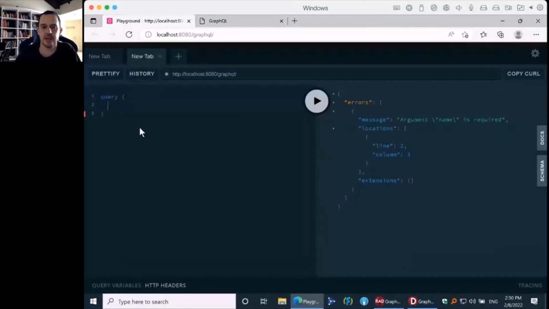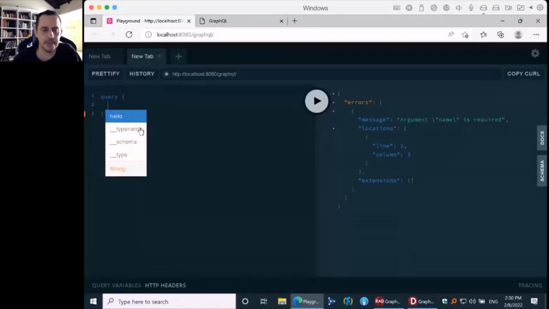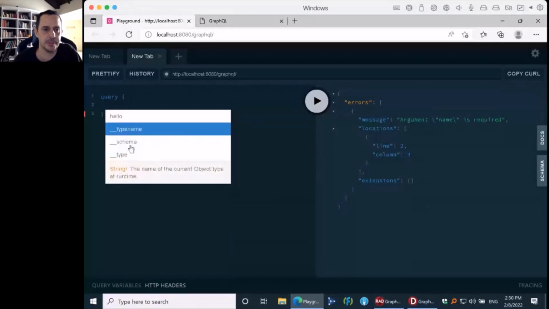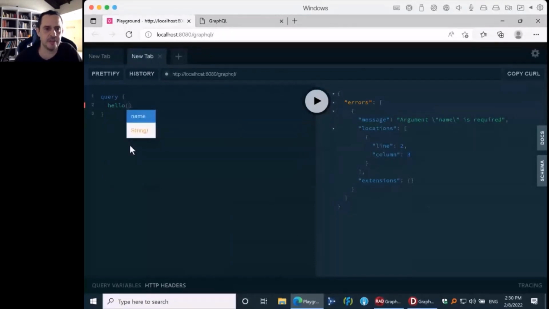So for example, suppose your client is trying to query your server with GraphQL. He'll type query, and then he wants to know, okay, what's available for me in that server? In GraphQL this is automatic because I can just use code completion, and I can see that I have a field named hello. And this one is for introspection, okay? So, I have a field hello. Does it have parameters? Yes, it has one parameter, name of type string. So it's very easy to query. It's kind of self-documenting.